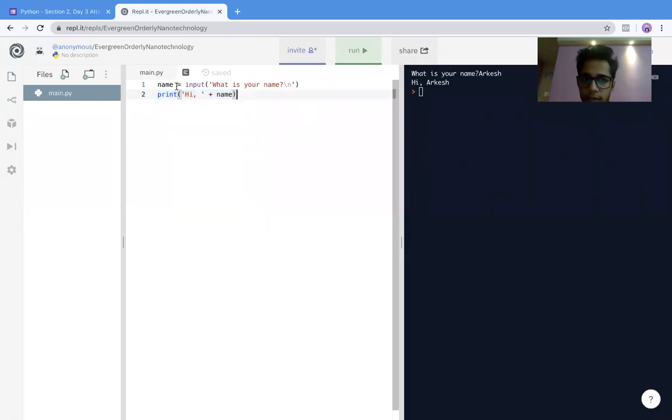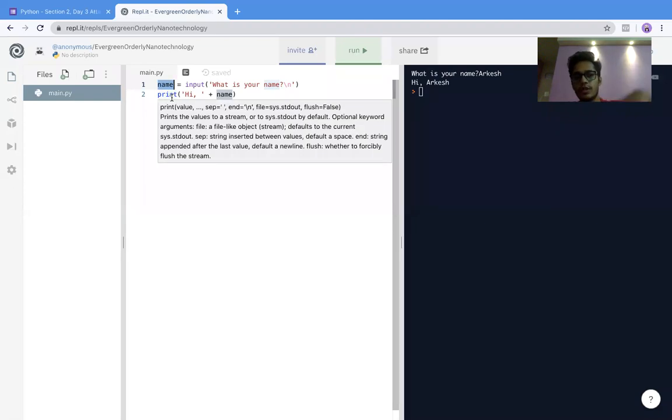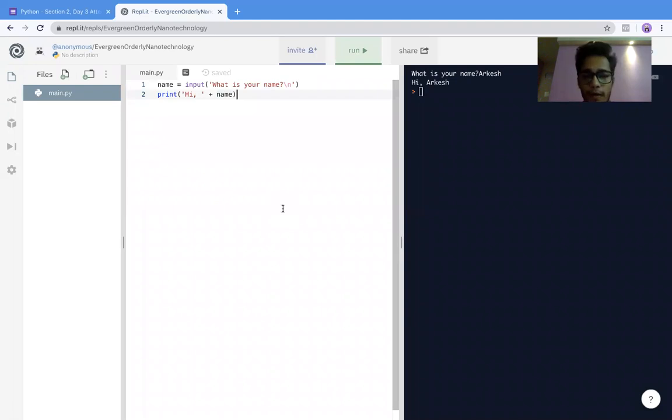Currently what we are doing is taking input inside a variable called name and then printing out the name with a hi greeting. That's all we're doing here. So no storage or anything like that, but you could of course store it, and name is a variable which is storing the input. You could also store the result in a new variable. All of those things can be done, not an issue. So don't worry about that.